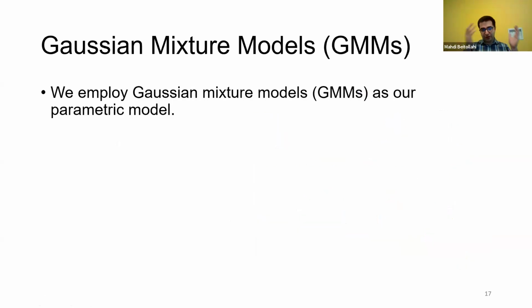So I talked about Gaussian mixtures. Now let's dive a little bit into what I mean by that. We can use any parametric models, but in here we're using Gaussian mixture models, or GMM, as our parametric model. The reason we're using GMM is that GMMs are universal approximators of densities, right? If you have enough mixtures, you can describe any probability function, which was very cool about them. And the fact that they are very easy to estimate and work with and much more understandable was a perfect fit for us.